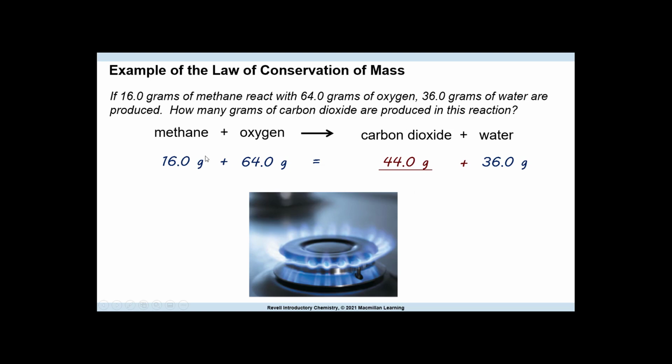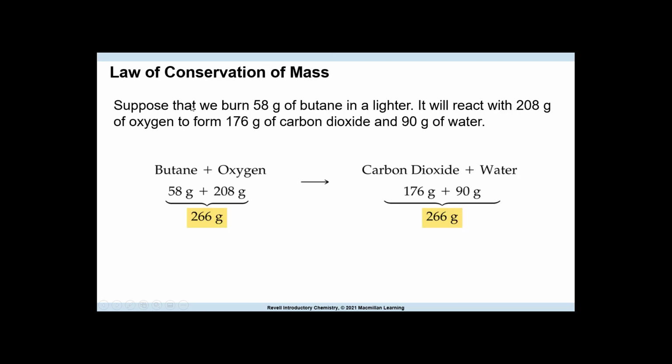So how would you get that? Well, 80 minus 36 gives us 44 grams. So whatever's on this side, you have to have on this side. And it's that simple. So suppose we burn 58 grams of butane in a lighter, it will react with 208